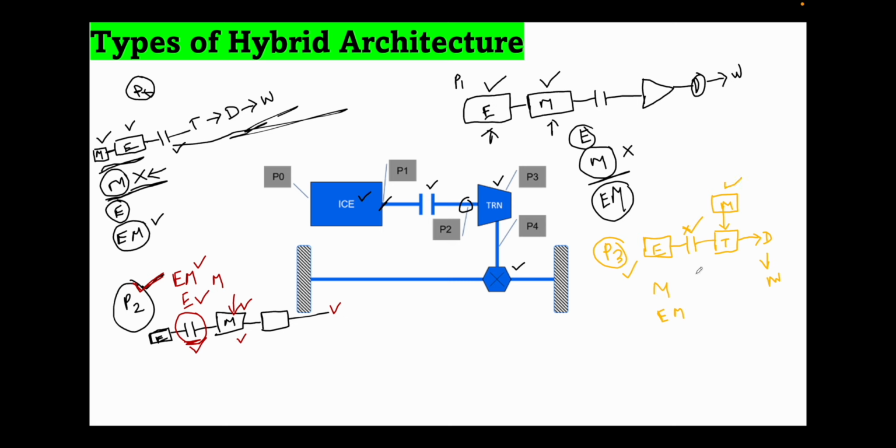If you want only engine mode, then you just de-energize this one. You just need to connect this one, you will have only E mode. So here the advantage is that the motor is placed inside the transmission, and because of this the transmission losses are also reduced. In this case, you will get better efficiency in this type of